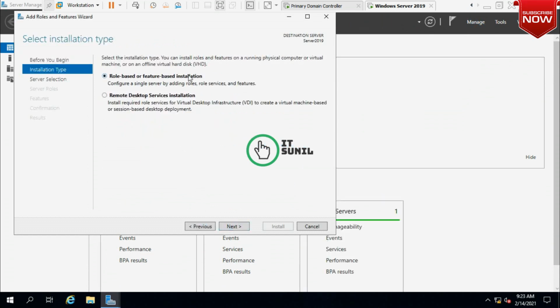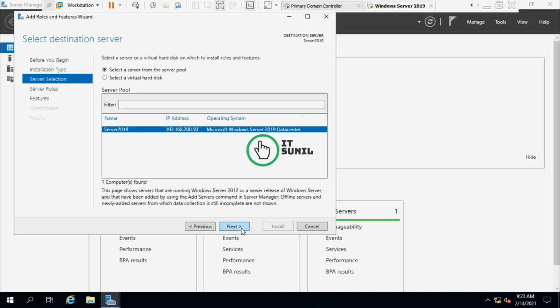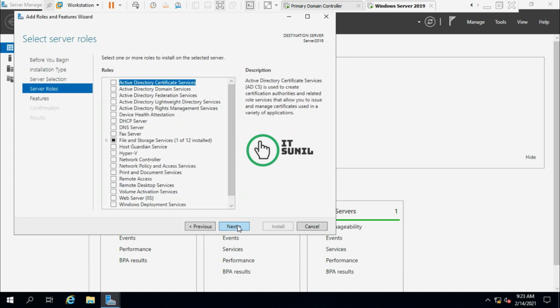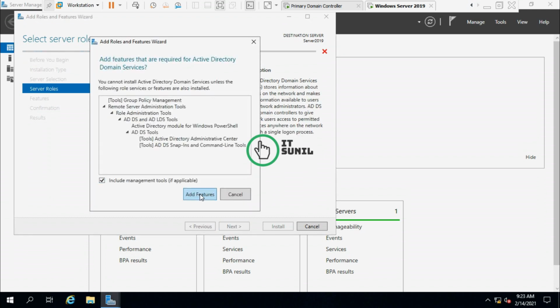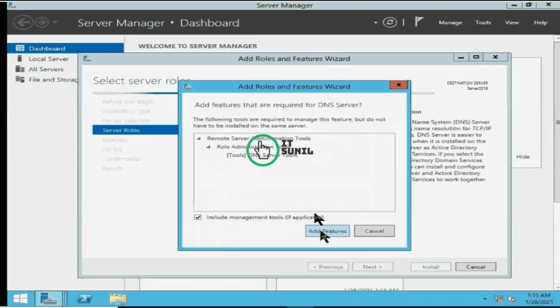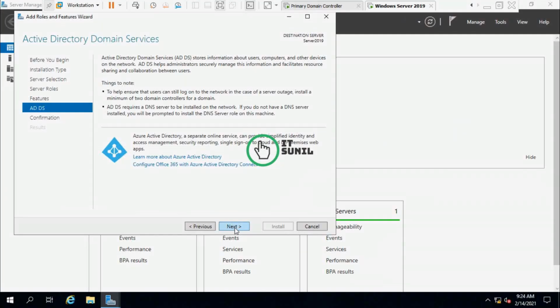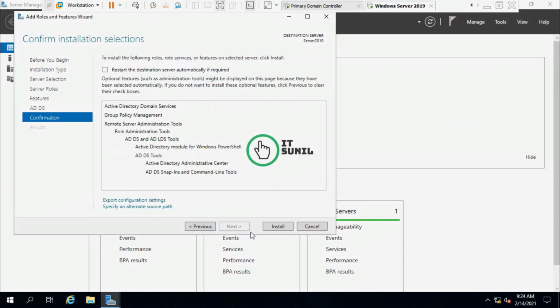Select role-based or feature-based installation. Click Next. Next. Select Active Directory Domain Services and click Add. Check DNS. Click Add. Next, and then Install.